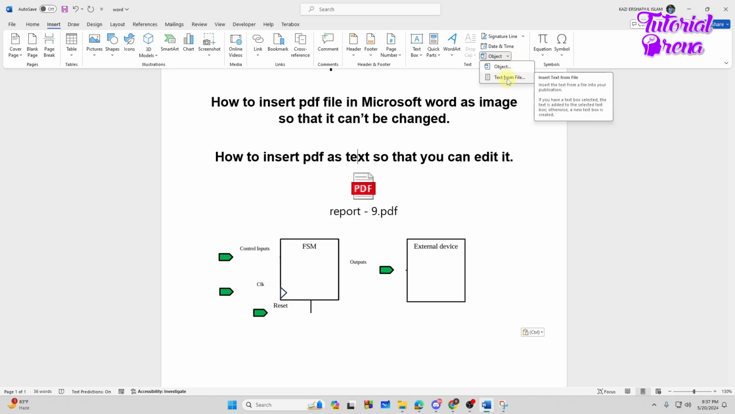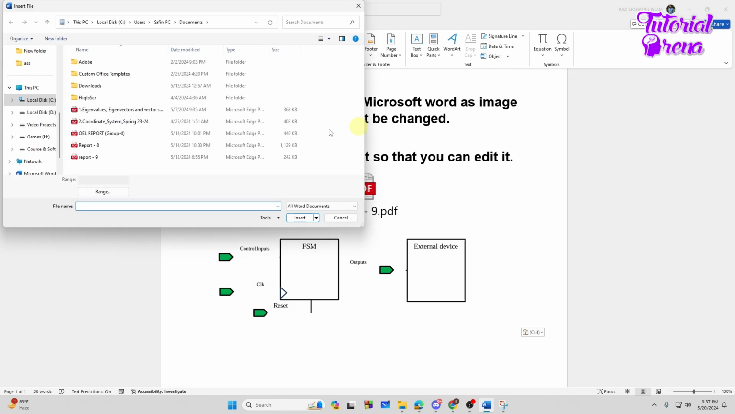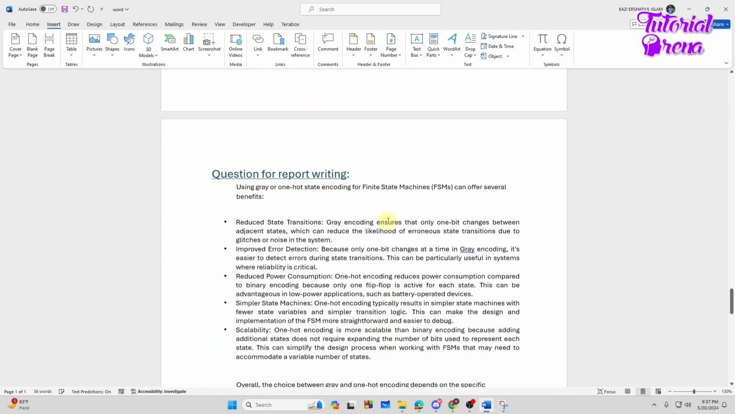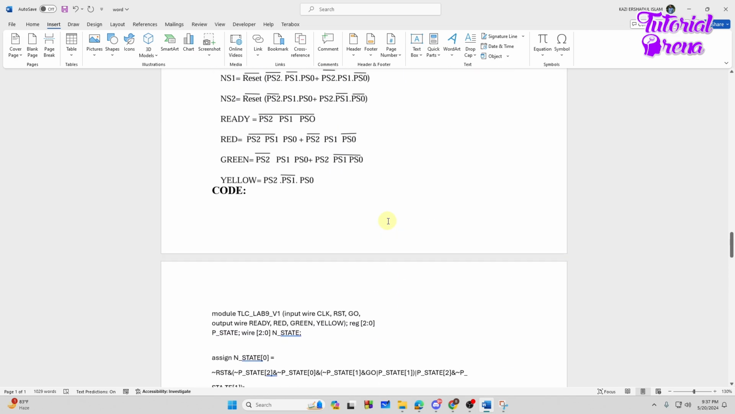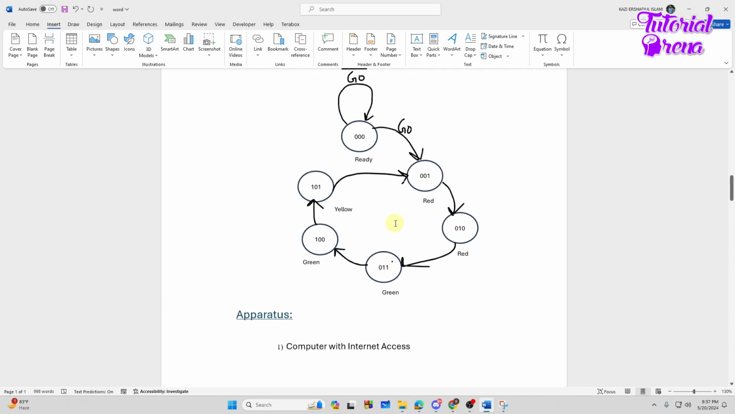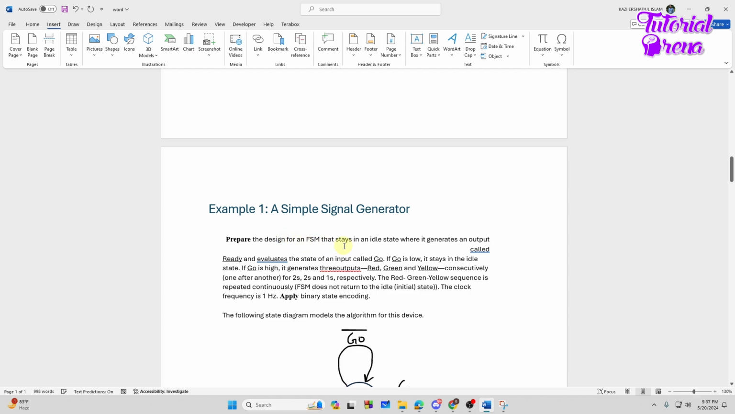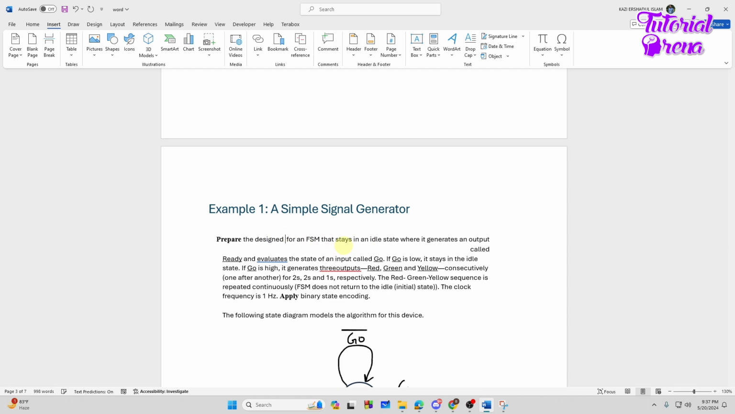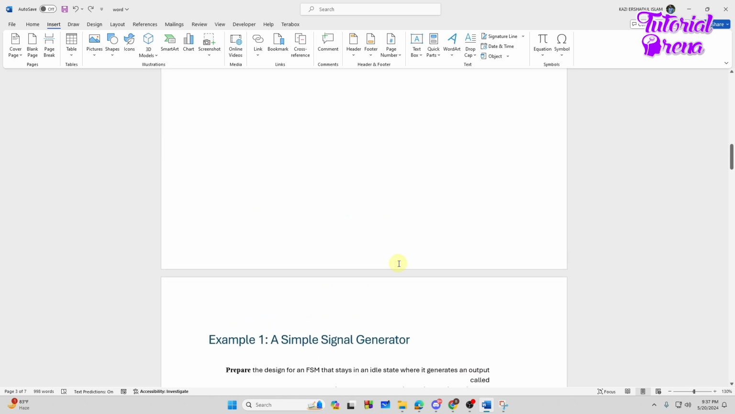You need to tap on the text from file option, and again select the report or the PDF you want to select. Then again tap on insert, again tap on OK, and as you can see the whole report file has been inserted very easily. Okay, now you can see, now I can edit it very nicely. Like as you can see I'm typing. Okay, so that's how you can easily insert the